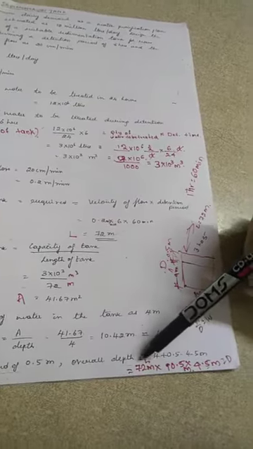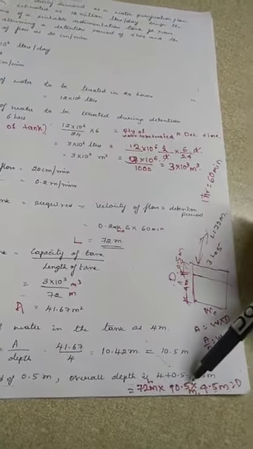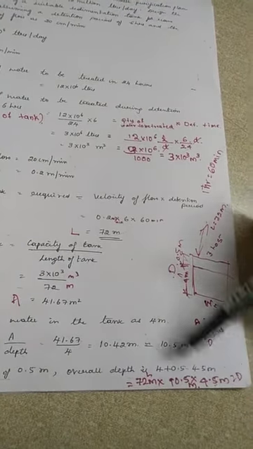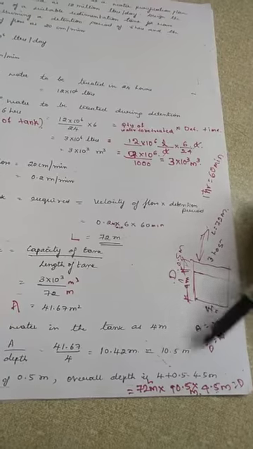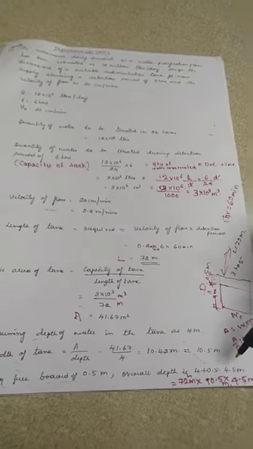So overall, what is the dimension of the tank now? L is 72 meter, depth is 4.5 meter and width is 10.5 meter. This we have determined. So the other type of problem we are going to solve in the next